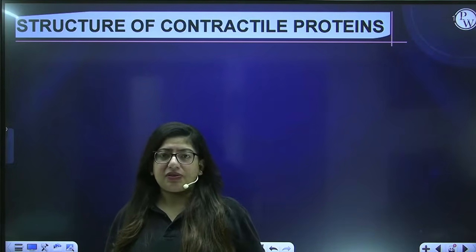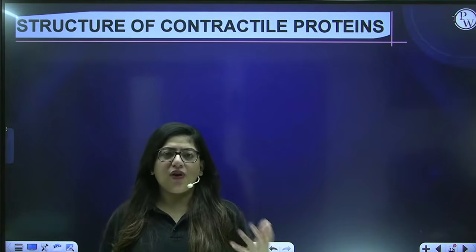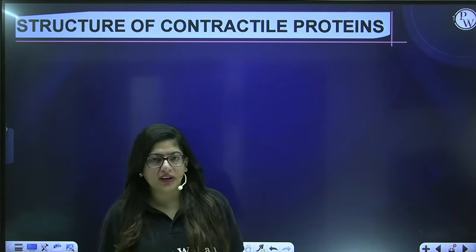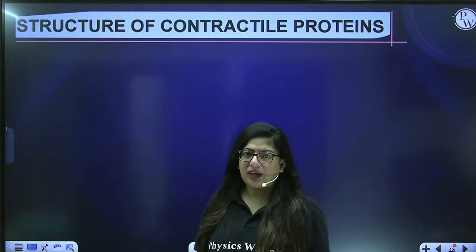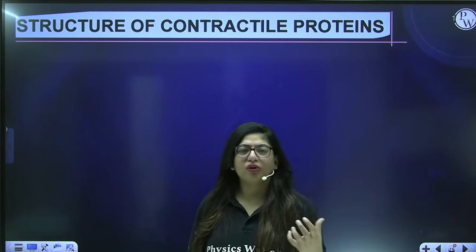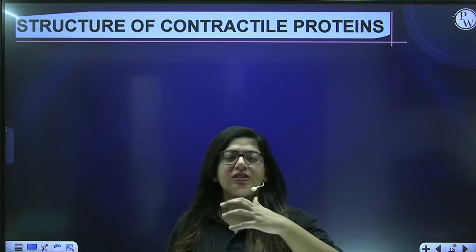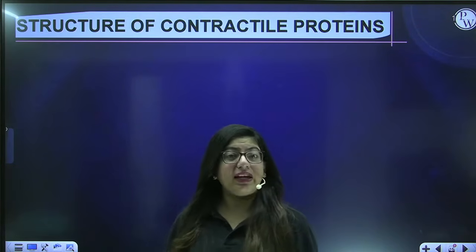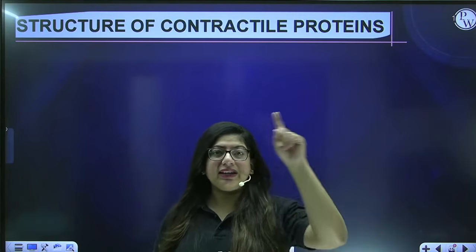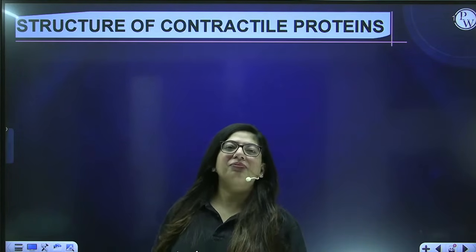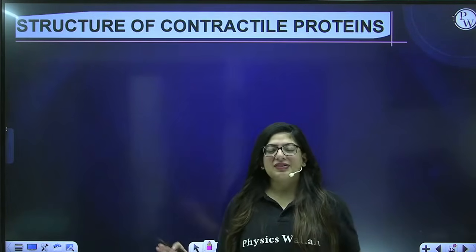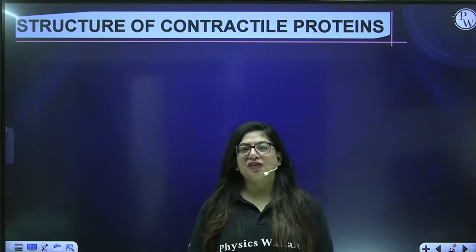what are the various types of muscles. The muscles revision we have already done, so it was a kind of revision. Most of the part we have done in the structural organization in animals. One or two things can be new there, and other things we have already covered. So for all those who have not attended my lecture on structural organization in animals, first go there, read and learn the muscle part, and then come back and see. Anyway, let's get started with the structure of contractile protein.